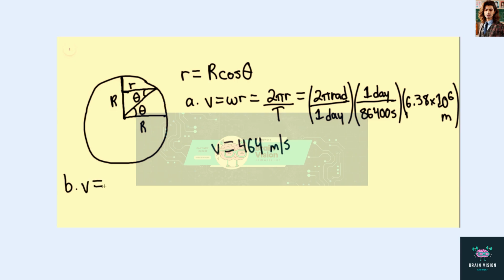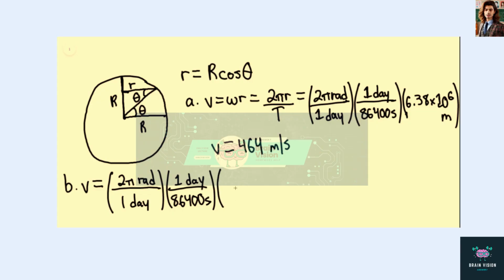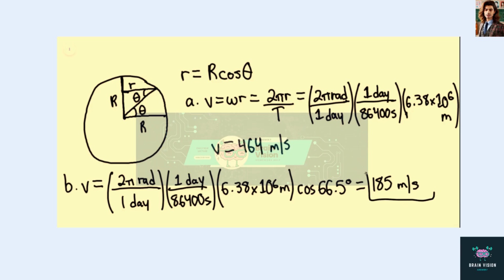For part B, we have a latitude of 66.5 degrees. So V would again be equaling 2 pi radians for every 1 day. This would be multiplied by 1 day for every 86,400 seconds. This would be multiplied by 6.38 times 10 to the 6th meters times cosine of 66.5 degrees. And this is equaling 185 meters per second. This would be our answer for part B, our answer for part A, and then finally